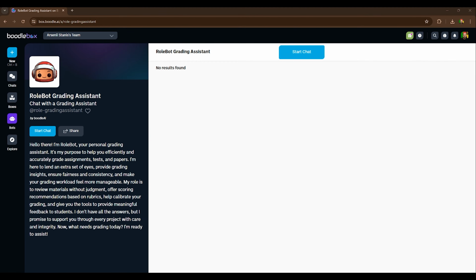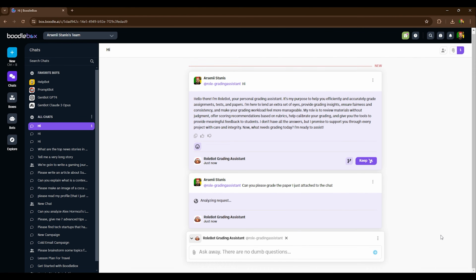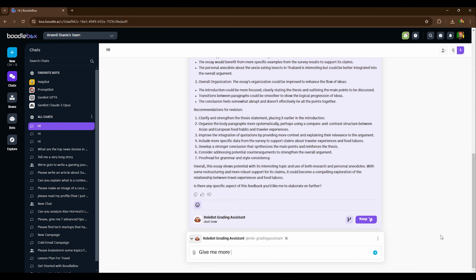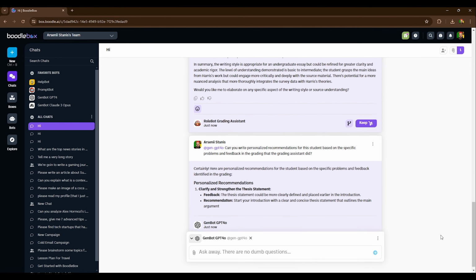For grading papers, there's a purpose-built tool in Boodlebox. It's called Grading Assistant Bot. Just attach the papers you need to grade to the chat, answer the bot's questions about your grading process, and tell it to grade the papers. It's that easy. And you can then stack different bots like GPT-4o and Claude Opus to write recommendations for your students based on their specific mistakes